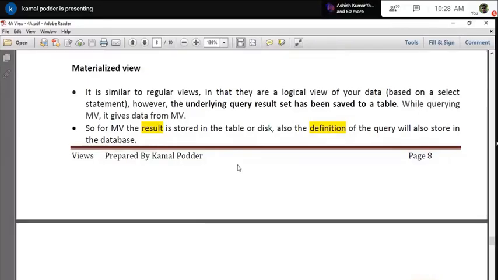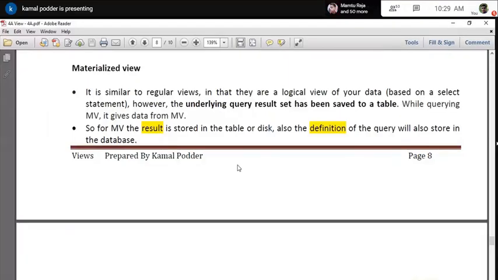So next time if you run it, it will not do the execution plan and all those things because the data is already available in the view. It will just return that particular data. But the problem is that it is storing the data to boost up performance. I do not want it to perform the execution plan stage and then access the data every time. The data is already available, but what is the disadvantage? The disadvantage is that, say, I have created the view, and you are accessing the data after maybe half an hour. You are getting the same data. That means the data is half an hour old.